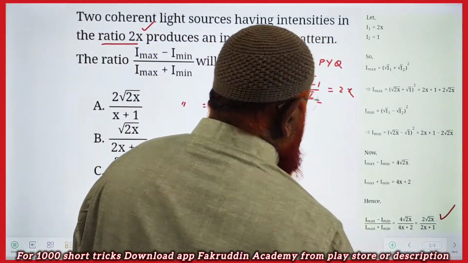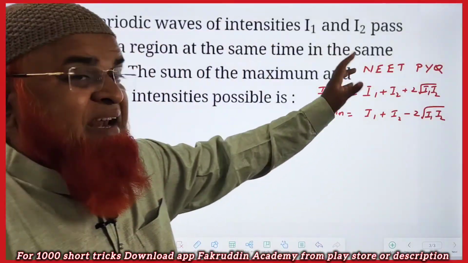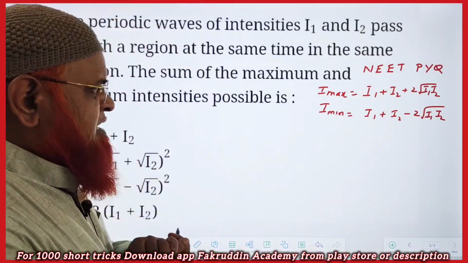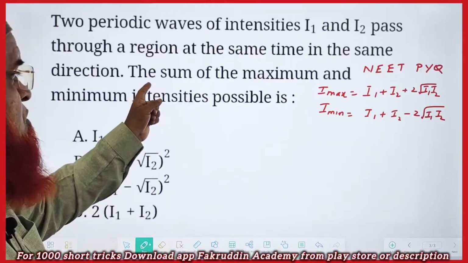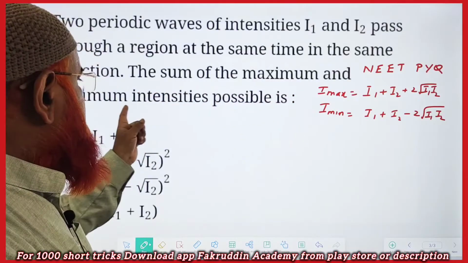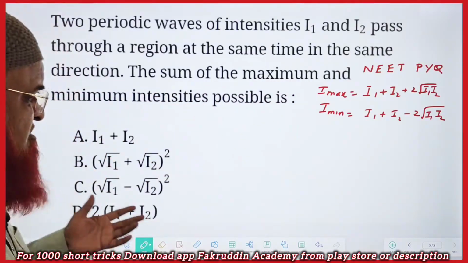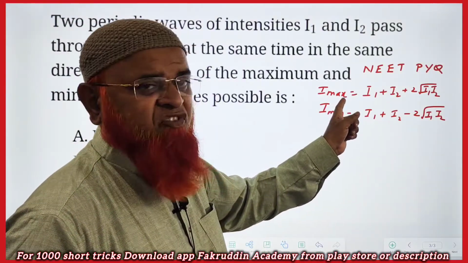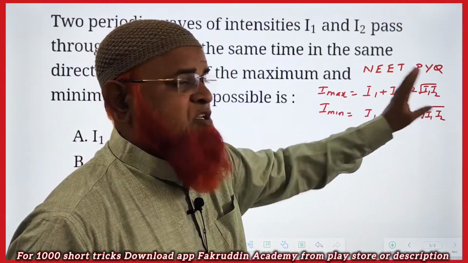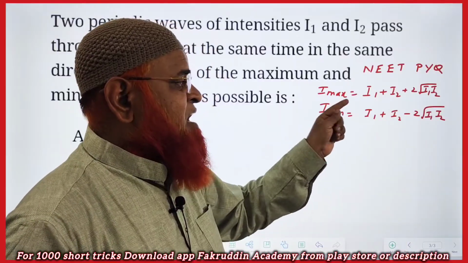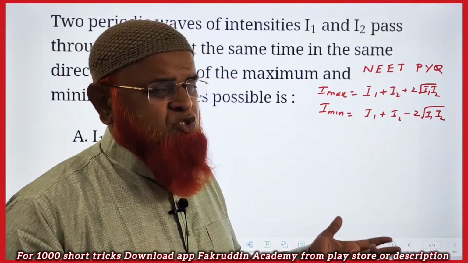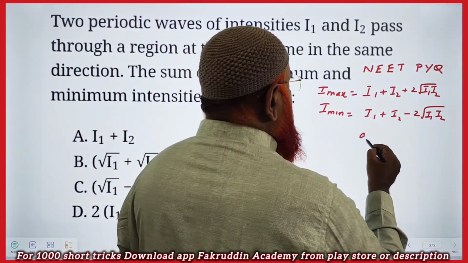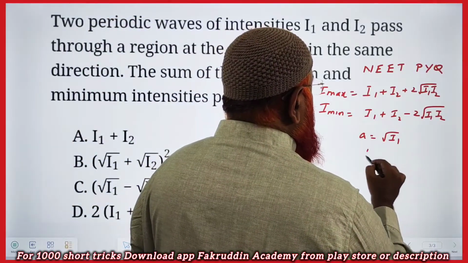तो नाउ अभी देखिए यहां पर नीट का और एक प्रीवियस क्वेश्चन फ्रेम मॉडल के अंदर. तो यहां पर क्या पूछ रहा मालूम आप लोगों को, सम ऑफ मैक्सिमम एंड मिनिमम इंटेंसिटीज पूछ रहा. ये हो गया मैक्सिमम इंटेंसिटी का फॉर्मूला, a स्क्वायर प्लस बी स्क्वायर प्लस 2ab. मिनिमम मतलब a स्क्वायर प्लस बी स्क्वायर माइनस 2ab, क्योंकि यहां पर a का मतलब रूट I1 है, b का